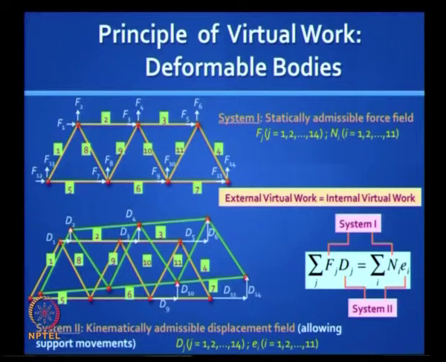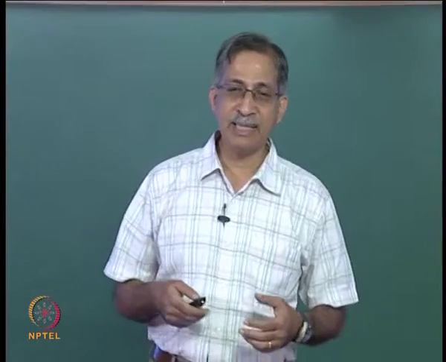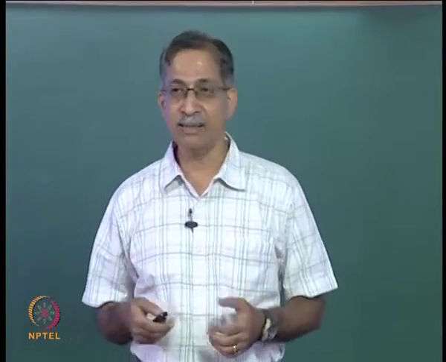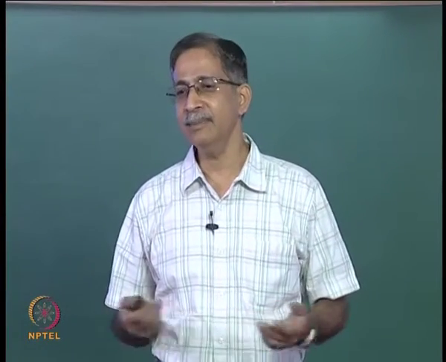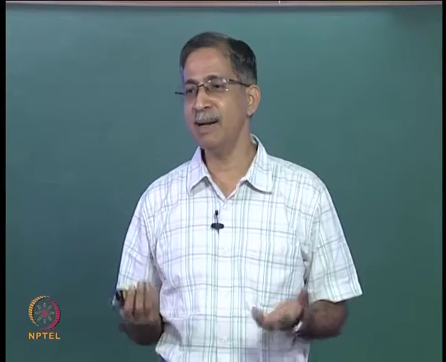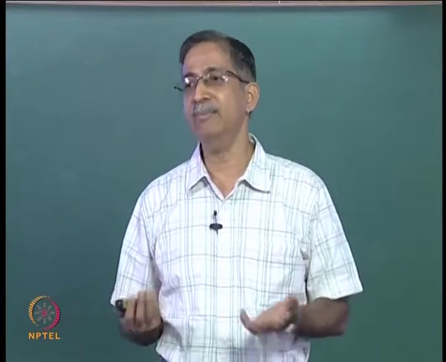If one points in the opposite direction you have a negative value of that scalar product, and if you do an algebraic sum over all the joints, in this case 14 joints, you get a product which has units of work, but it is appropriate to call this virtual work, an external virtual work. It is virtual because it is not real, you are just multiplying two numbers, okay.